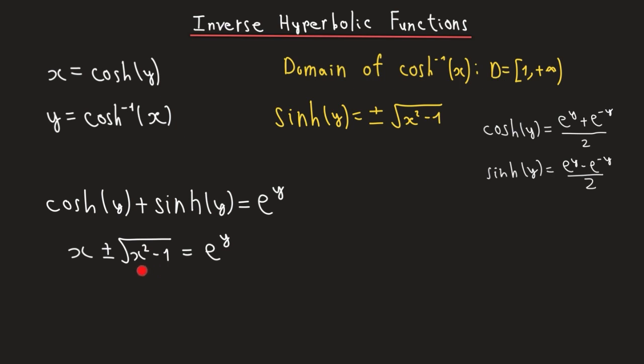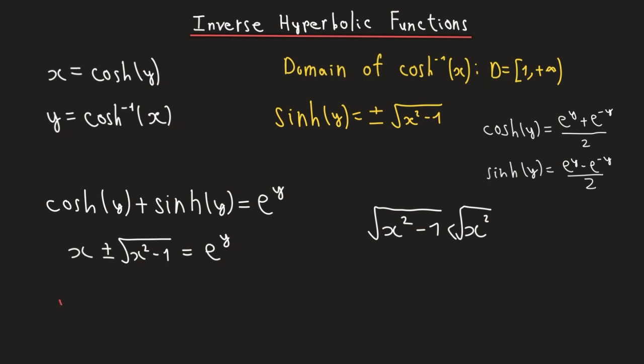because x is greater than 1, and therefore x squared minus 1 is greater than 0, and therefore the square root is defined here. Moreover, x plus or minus this expression is always greater than 0. Why? Because we know that x squared minus 1 is less than x squared, and therefore if we take the square roots, x is greater than the square root of x squared minus 1, and therefore x minus the square root of x squared minus 1 will be greater than 0, and hence we can take the logarithm on both sides,